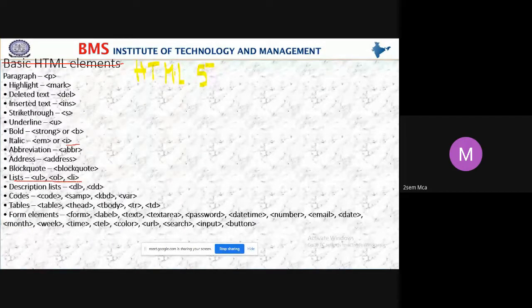The most commonly used tags are OL for ordered list, UL for unordered list, and LI for list item. Whether you take an ordered list or unordered list, to insert the content in the ordered list and unordered list, we use LI. That LI is nothing but a list item. Without LI, you cannot include any item in either the ordered list or the unordered list.